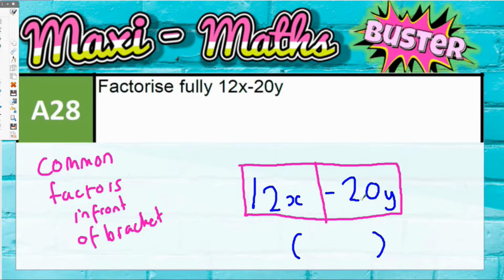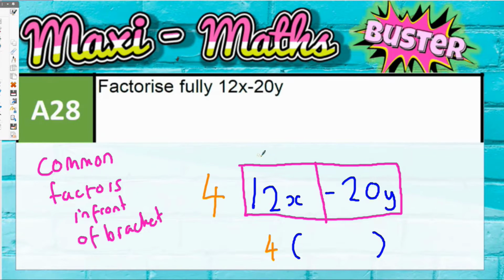Then you check the numbers. So 12 and 20. So you're looking for the highest common factor. So of course, 1 is a factor of 12 and 20. 2 is a factor of 12 and 20. But the highest common factor of both 12 and 20 is 4. So 4 is what we need to pull out in front of the grid. And in our final answer, that was what's going to go in front of the bracket. So common factors go in front of the grid on your working out and in front of the bracket on